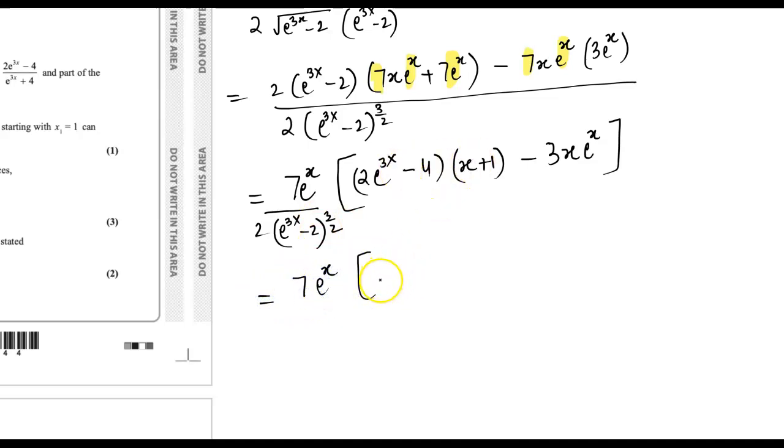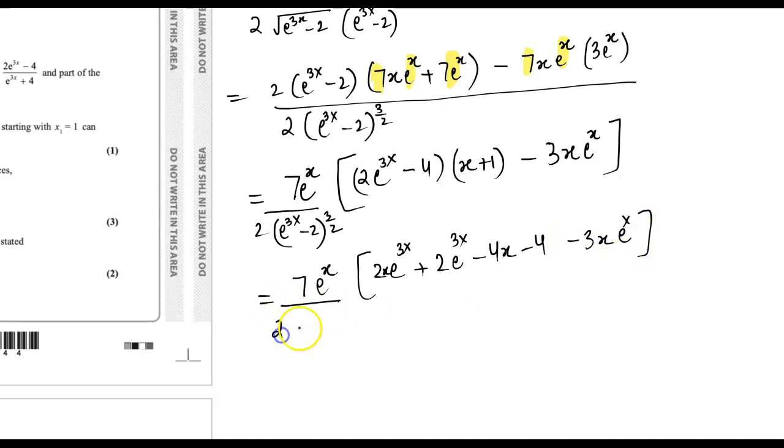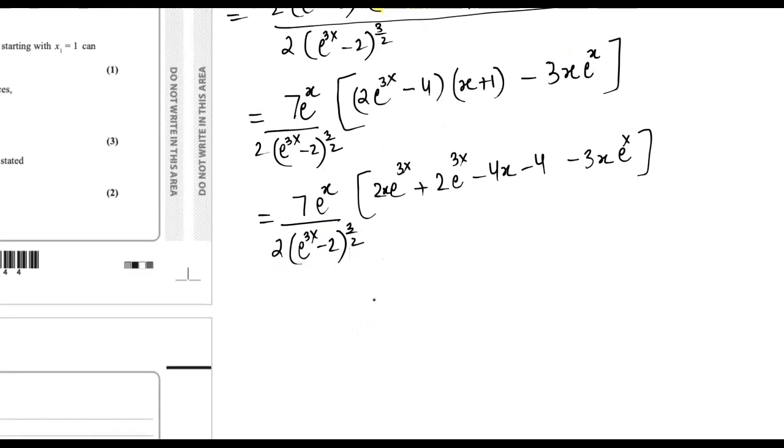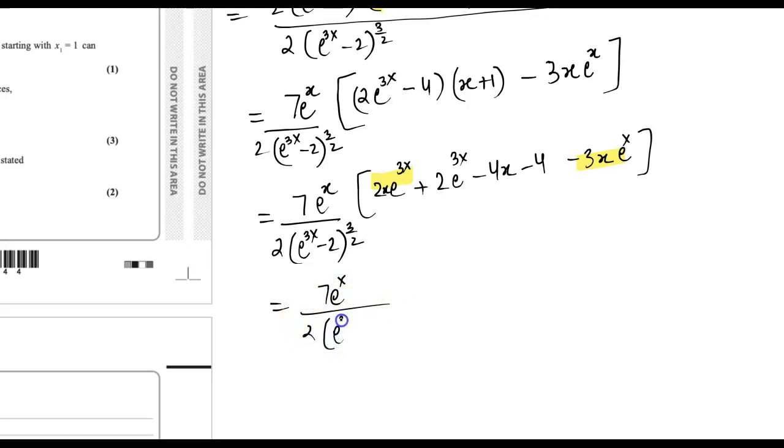Okay, let's expand that. It's going to be 2e to the power 3x, 2x e to the power 3x plus 2e to the power 3x minus 4x minus 4 minus 3x e to the power 3x over 2e to the power 3x minus 2, 3/2. Okay, if we solve it more, this can be simplified. So we're going to be getting 7e to the power x, just copy that down quickly,